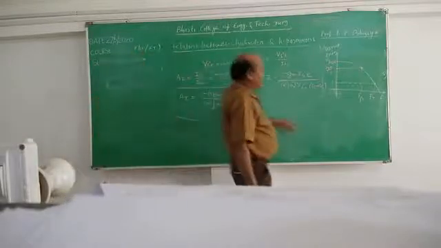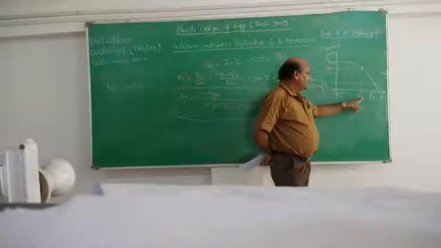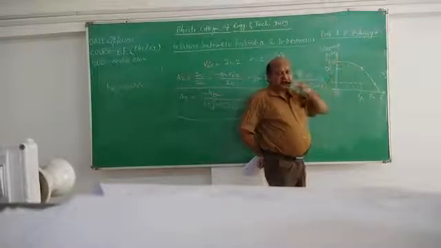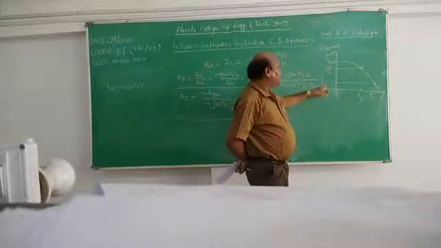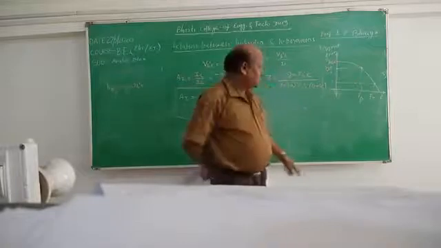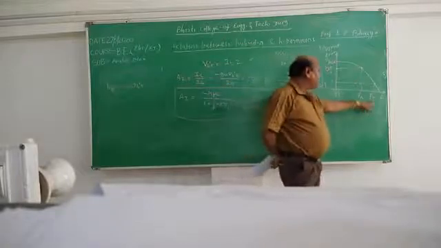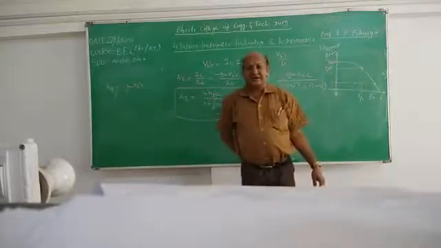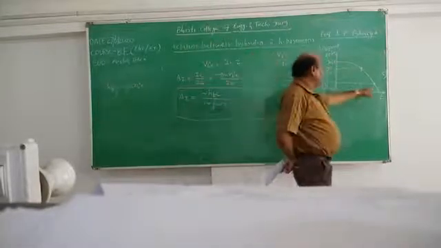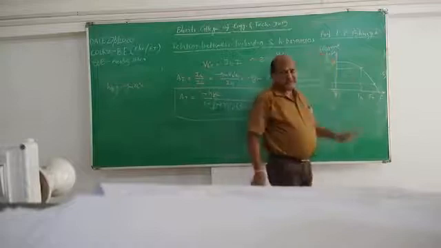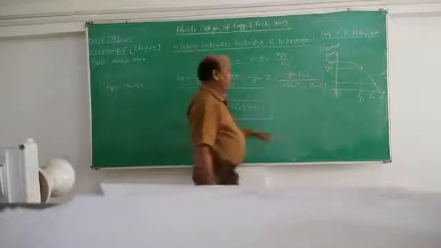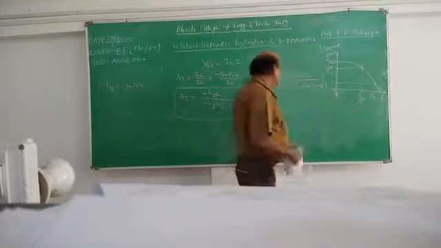Now you can define what f beta is. f beta is the frequency where the short circuit current gain, hfe, the maximum current gain, drops by 1 by root 2. And what is fT? When the short circuit current gain hfe becomes equal to unity, that is 1, you will get this fT. So you can easily find the derivations for f beta and fT also. So this is the relation.